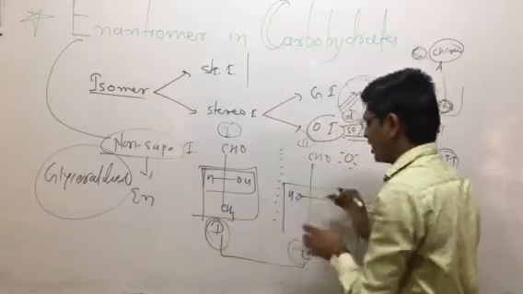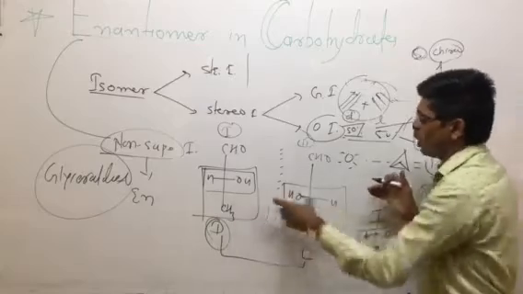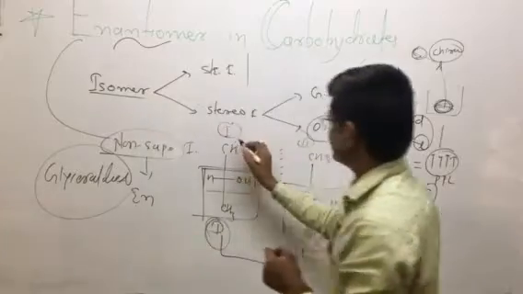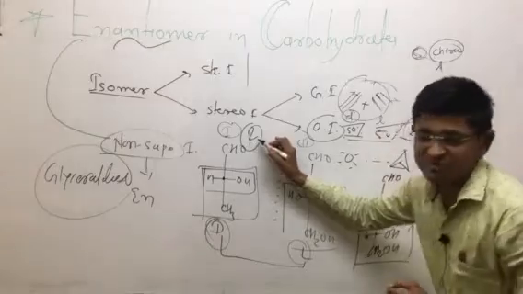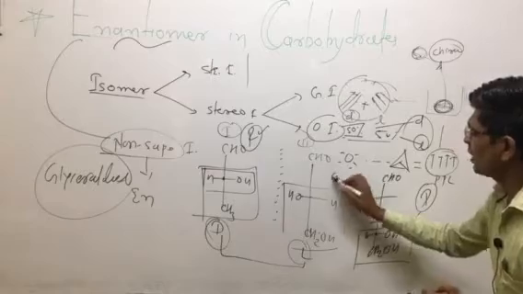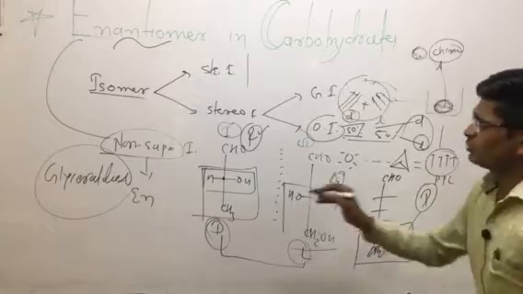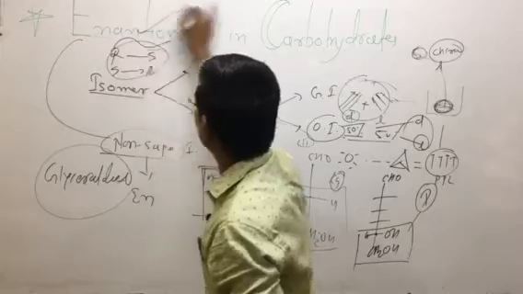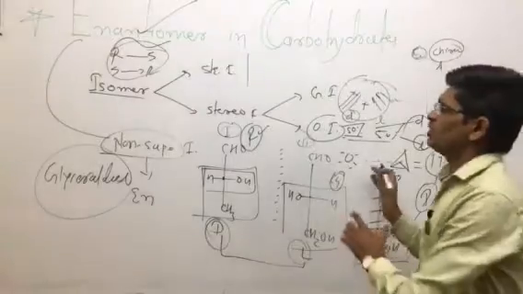So the enantiomer concept is seen in D-glyceraldehyde and L-glyceraldehyde, which are non-superimposable, and this is the enantiomer. The most important point is that when a molecule has the R configuration, we are talking about absolute configuration. This one has the R configuration and the other has the S configuration. So the relation of R to S and S to R is that they are enantiomers of each other. So what are those two molecules? They are enantiomer molecules.